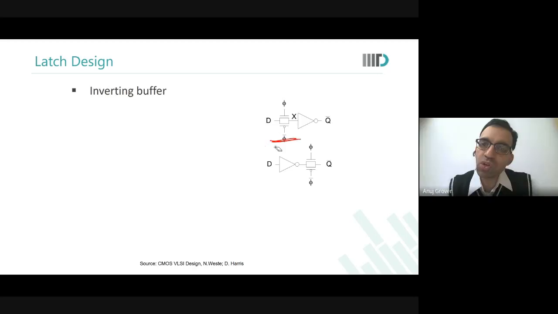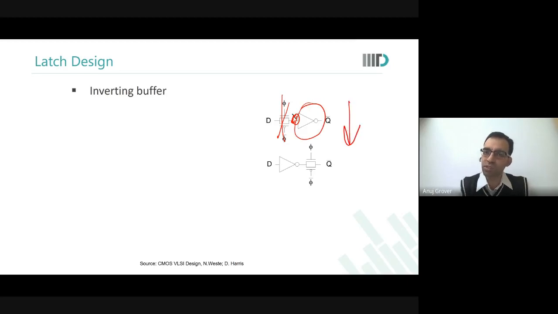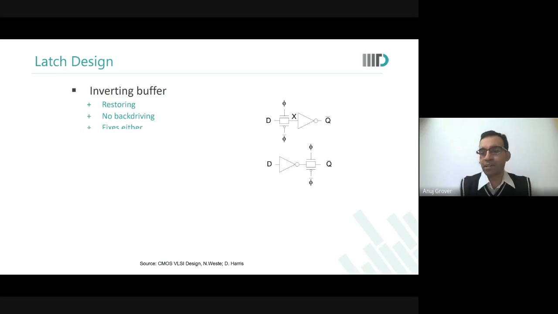Yeah. Okay. So it does take care of the problem of back gate driving. Yeah, output driving the gate again. It still is dynamic. Just see, both of them, if the clock goes off, there's nothing that is driving X. So this inverter can actually have huge short circuit current through it. Over here again, if this goes away, then there is nothing to drive the Q. So both are still dynamic. But there is no back driving.